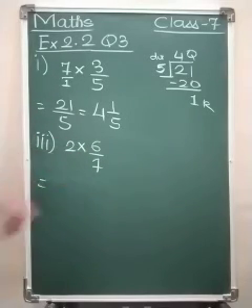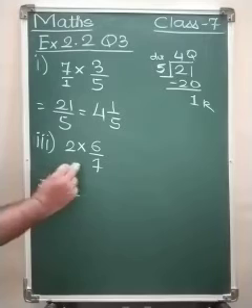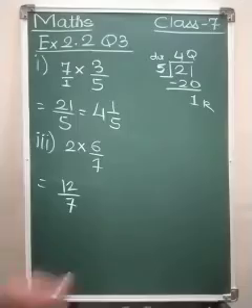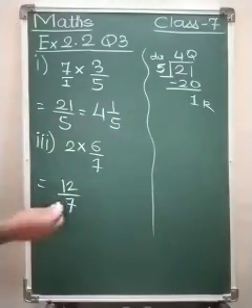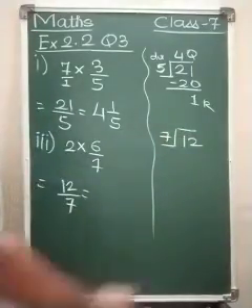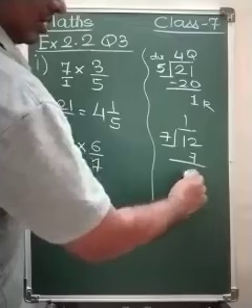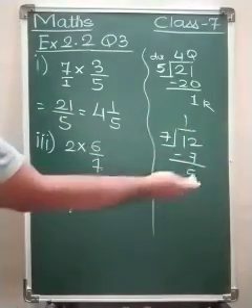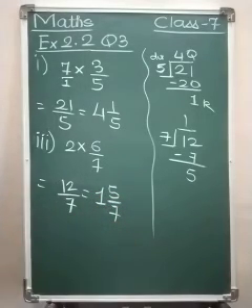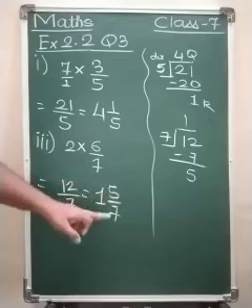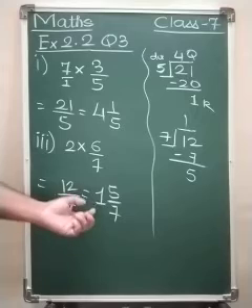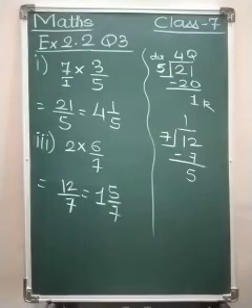Third sum, 2 multiplied by 6 upon 7. Again very simple, 2 6s are 12 upon 7 1s are 7. Here it would be 1. So 12 upon 7. Again, not a proper fraction. Convert it into a mixed number. 12 divided by 7. 7 1s are 7. Subtracted, we get 5. Quotient, remainder upon divisor. So 1, 5 upon 7. Here you can see that this is now a proper fraction, and this one represents the whole number. So first and third we have solved.